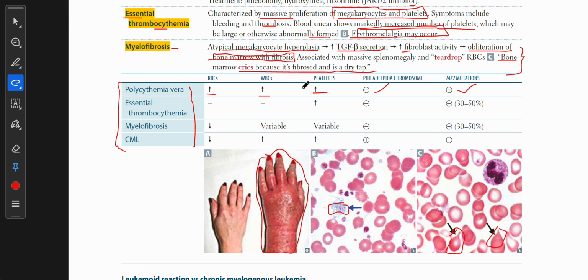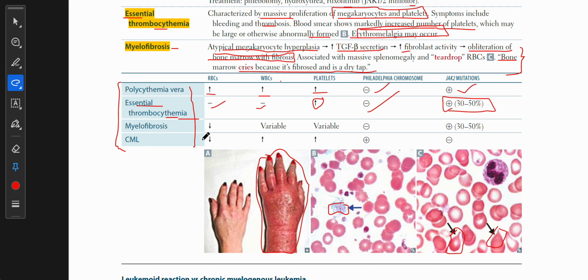So all three cells, RBCs, WBCs, and platelets, increase in polycythemia vera. But in essential thrombocythemia, RBCs can be normal, WBCs can be normal, so it is exclusively platelets. So the platelet count is increased, the Philadelphia chromosome is negative, and Janus kinase 2 mutation is positive in 30 to 50%